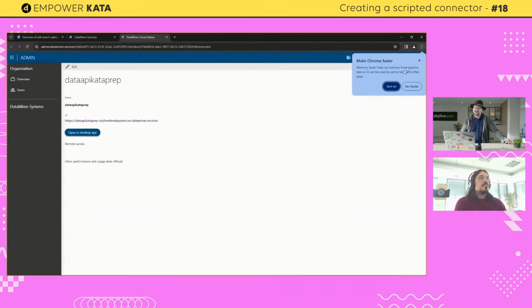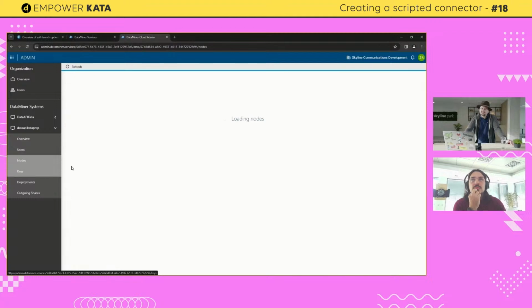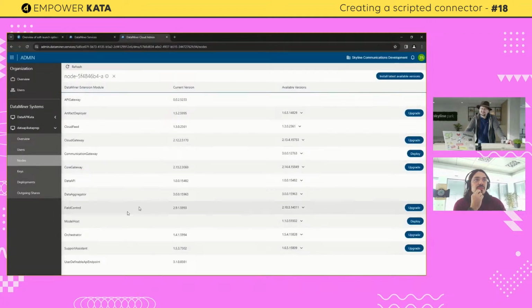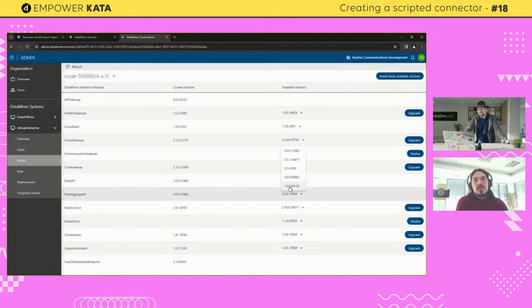Okay, so either you do all of those prerequisites on an existing one, or you spin up a new one. Great. So you come here to notes. You'll see all of this. You can see that I'm already installed on mine, but you'll see data API version 1.0.0 and data aggregator version 3.0.0. One small note here, data aggregator already exists. It has a few previous releases. If you come from a previous release and you have anything configured, there is a migrator tool and a few migrator steps also documented that you should follow in order to upgrade.